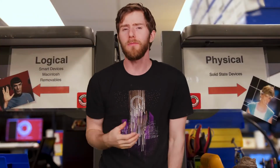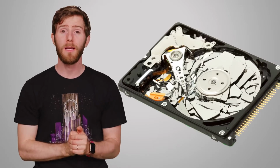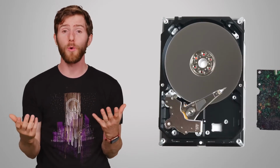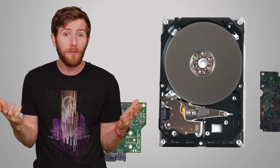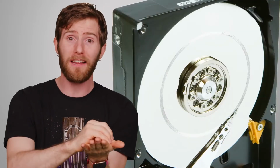Physical recovery is obviously more complicated. Of course, if a drive is very badly physically damaged, there might not be anything even the best data recovery companies can do. But if that isn't the case, recovery companies do have a variety of tricks up their sleeves. It could be repairing or replacing the drive's circuit board. You could move the disk platters to a new drive, a tricky proposition because of how close the read and write head has to be to the platter surface. And even a drive that suffered a head crash, where the head actually impacts the disk,